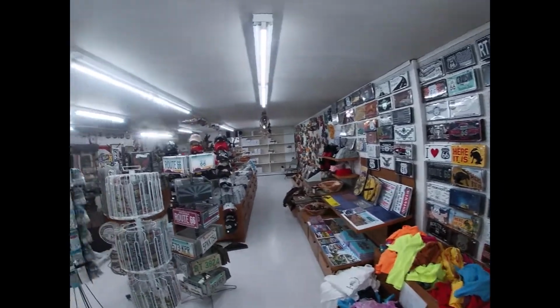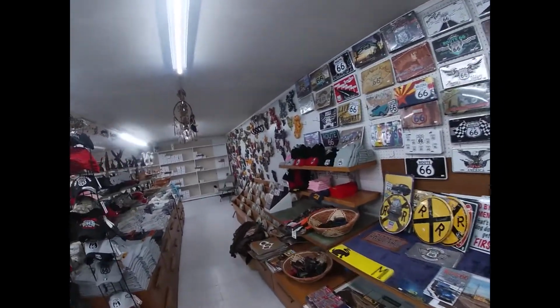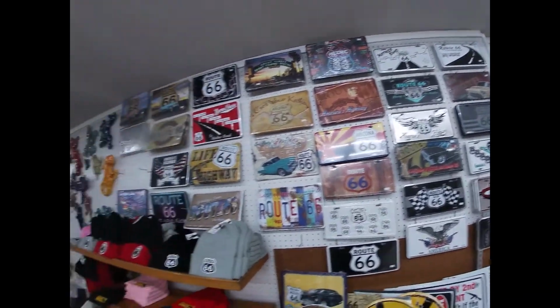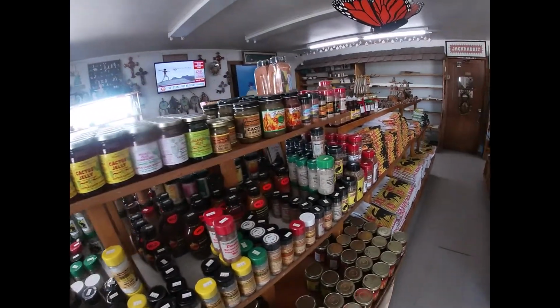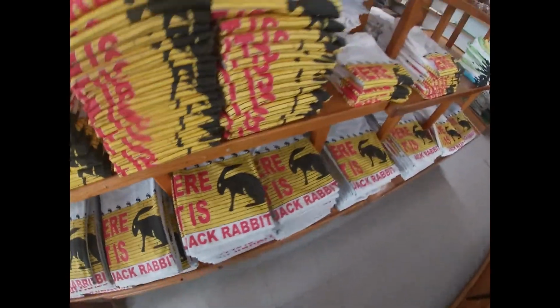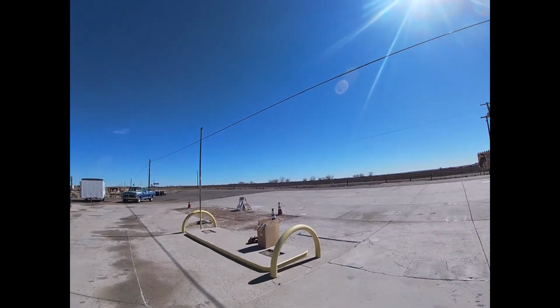All right, here is inside of the Jackrabbit Trading Post. Lots of souvenirs. Route 66 skier. All kinds of goodies. Yeah, "Here It Is" shirts if you want to buy one. I can tell this used to be a service station bay,